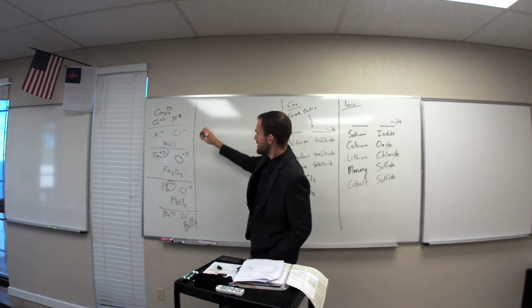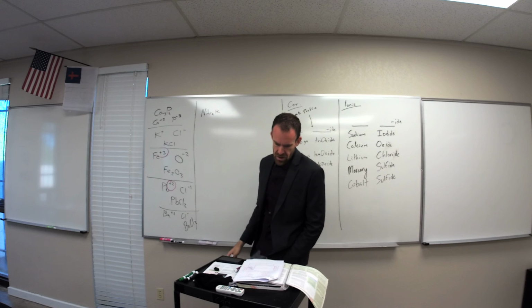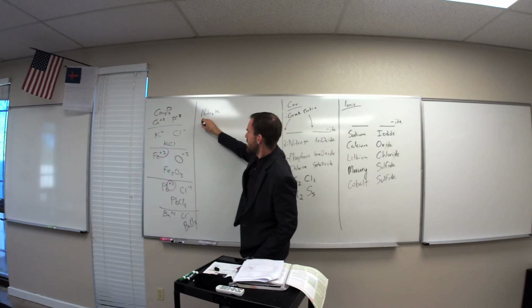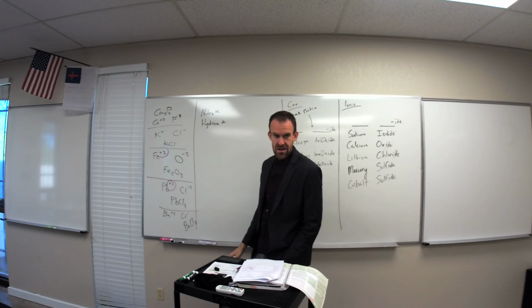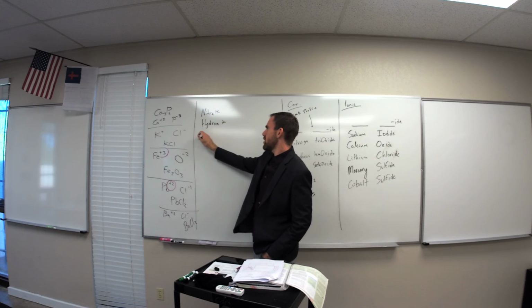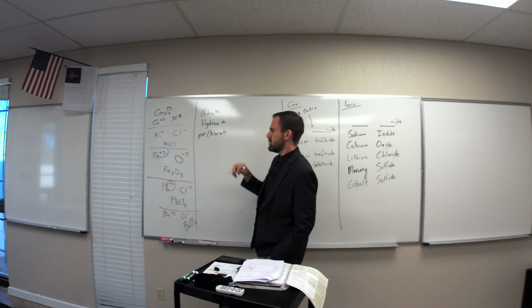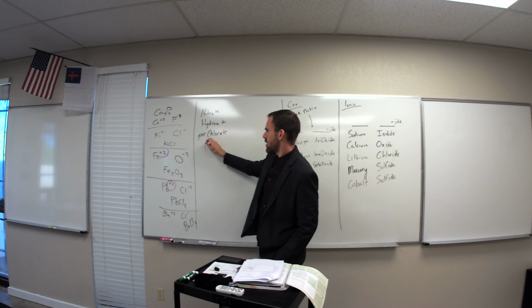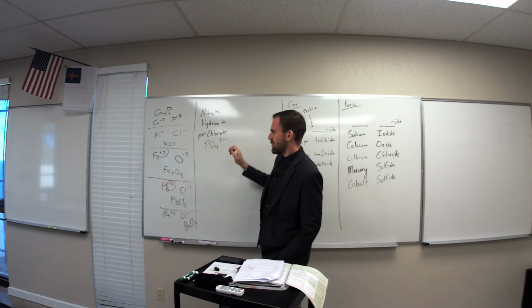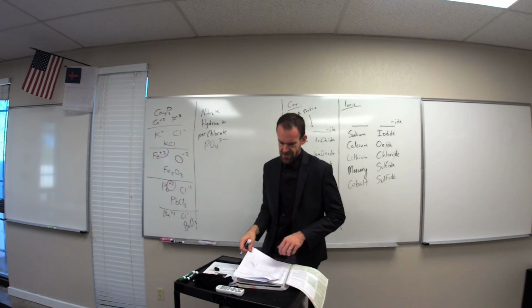So NO3 minus is nitrate. OH minus is hydroxide. These are on your flashcards. ClO4 minus is perchlorate. Phosphate is PO4 3 minus. You can figure that out from elsewhere on the test. In fact, I gave you